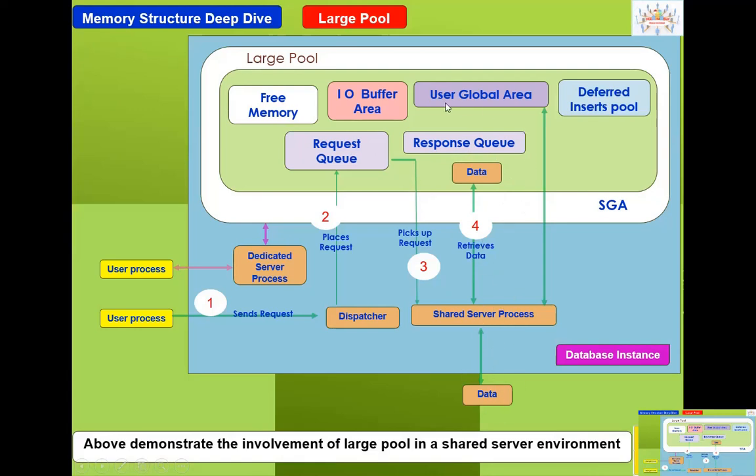So therefore, there should be a common place to achieve the ultimate goal of processing that particular SQL query request. Shared server 1 is doing one part, shared server 2 is doing another part. Finally, both have to work together, because the work is split between two shared server processes. So there should be a common place to share that information, and that place is the user global area. That's why this link is there. In the user global area, all shareable information which is needed across multiple shared server processes will be stored.